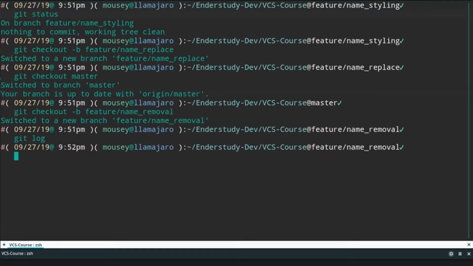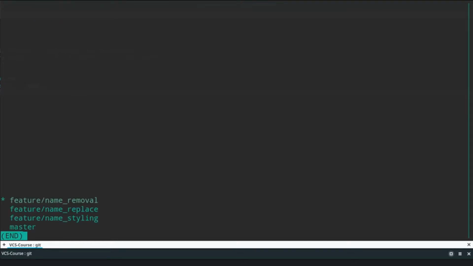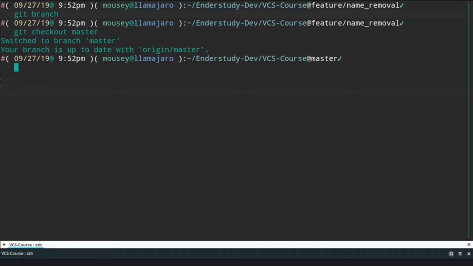So now we've got a ton of branches that we don't actually need. So let's just clear this and we'll have a look at git branch. Which ones can we get rid of? We can get rid of removal and we can get rid of replace because we've not made any changes on those. So first of all, I'm going to check out master, and then I'm going to do git branch -D,